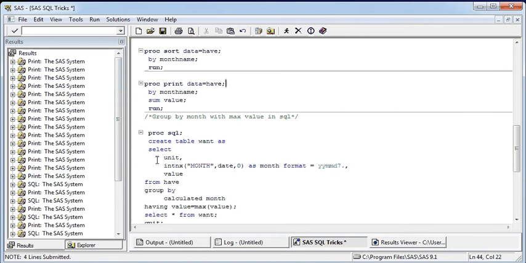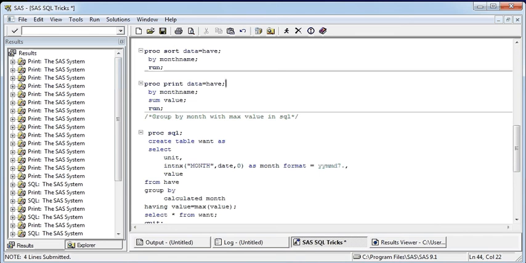So whenever we are using this function, we have to use the word calculated month. Having value is equal to max value, that means the highest value for that particular month.